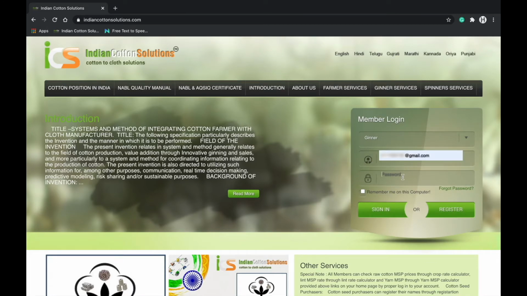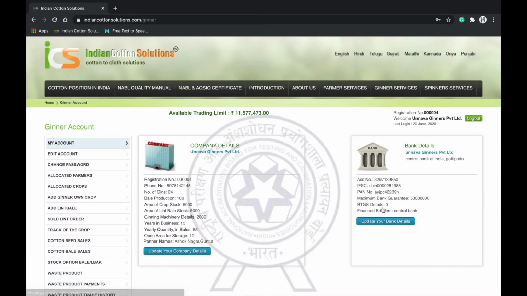While ginning the crop, Jinnah has to enter the individual bale weight in the packing details of lint bales report, that is in the allocated crop section. The Jinnah must also print crop number, bale number, actual weight, net weight, date and time of ginning along with the icsindia.com name on the bales, either manually or through a machine.